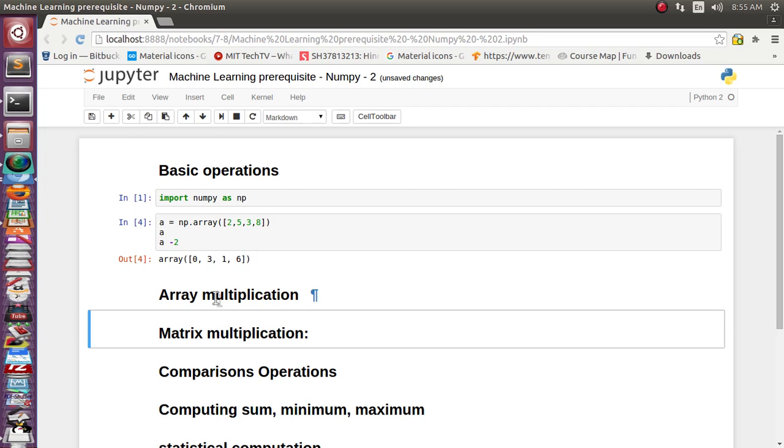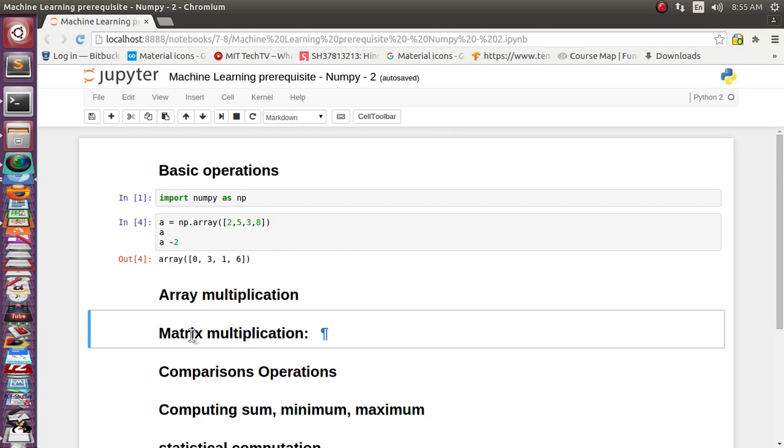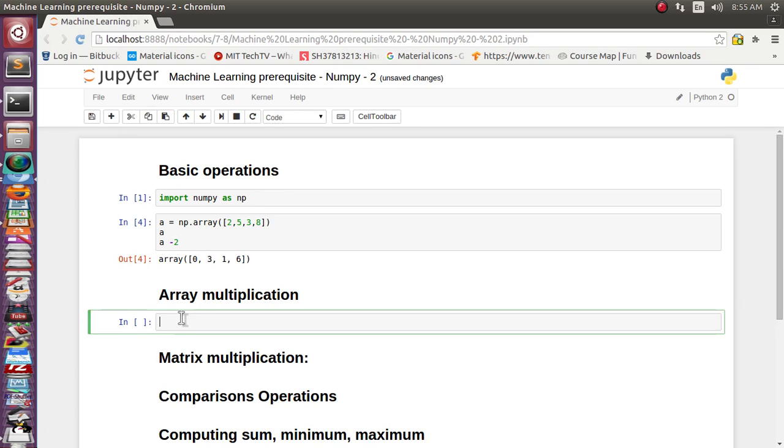So array multiplication and matrix multiplication have one difference. Array multiplication is nothing but element by element multiplication of each element, and matrix multiplication is the linear algebra way of multiplication. So let's see array multiplication. Suppose you have one more array, B, which we'll create: 2, 6, 1, 2.